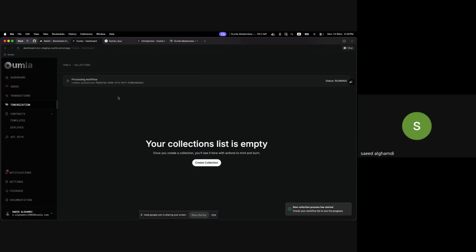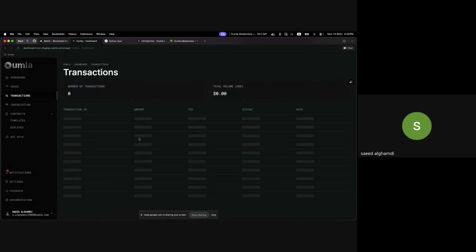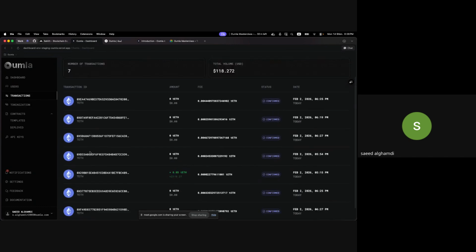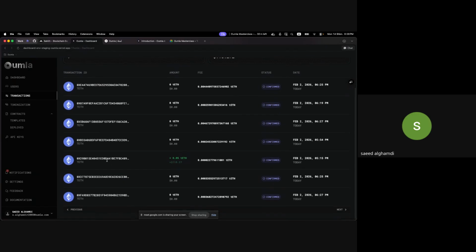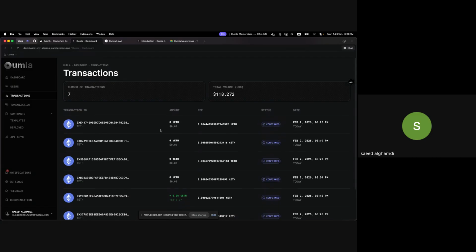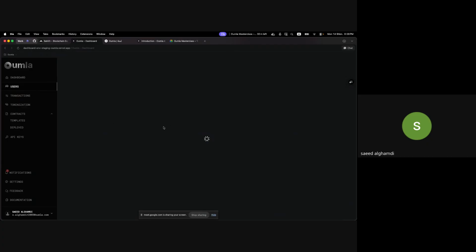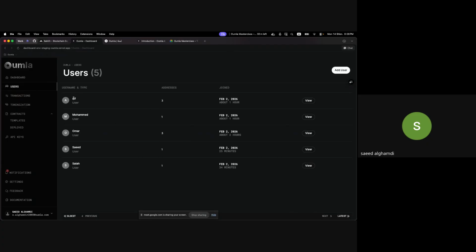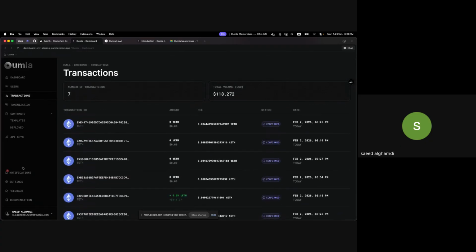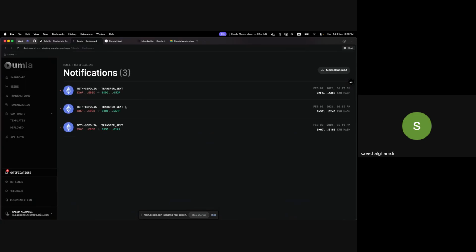Yeah, now it will be running for that. But meanwhile, while it's running, let's go for the transaction feature that we also have. All the transactions for all of your addresses will be presented here. Basically, each transaction that happens on each address that you have will be presented in your organization here. Also, we have the notification feature here. It will tell you about the transaction. You will be notified about it.